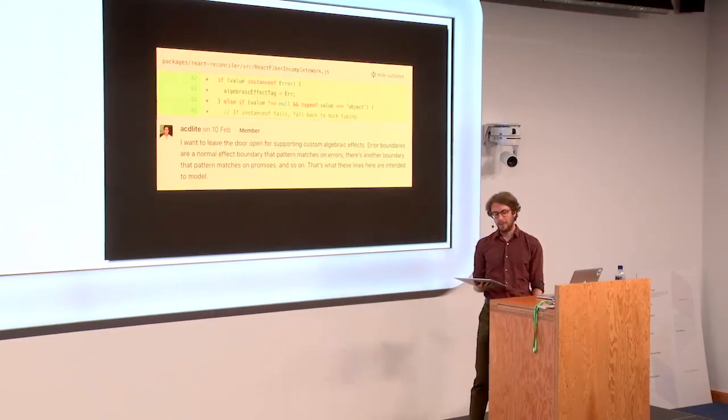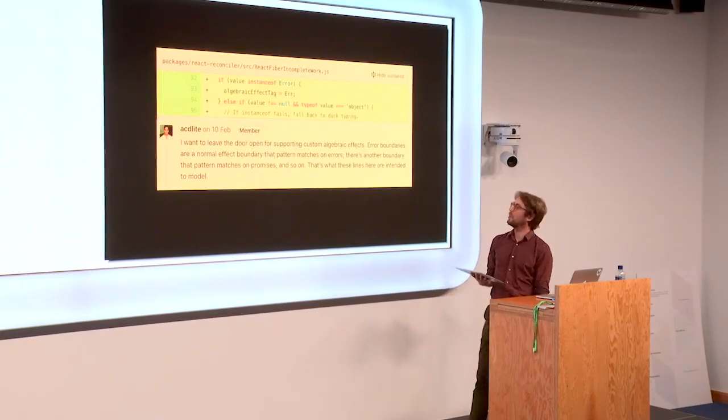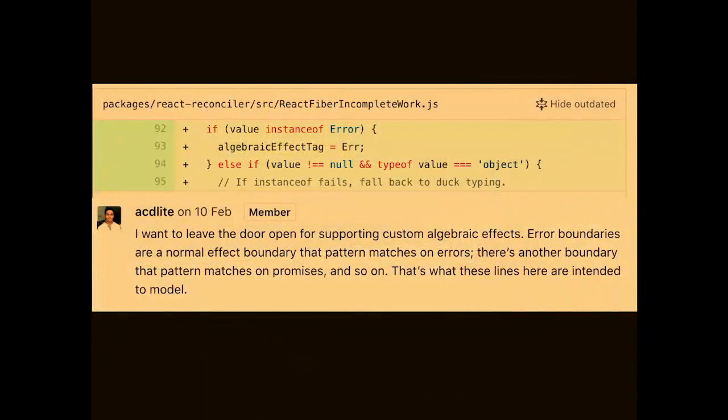Also, at one point, there was a pull request with this, algebraic effects, in the actual React source code. And the idea was that since React is implementing custom error handling with error boundaries and has a form of resumable exception, why not generalize that error handling so that we can throw different kinds of stuff and handle them differently?